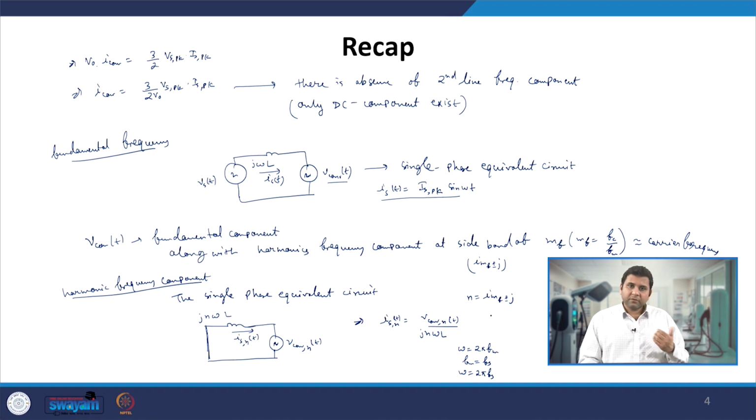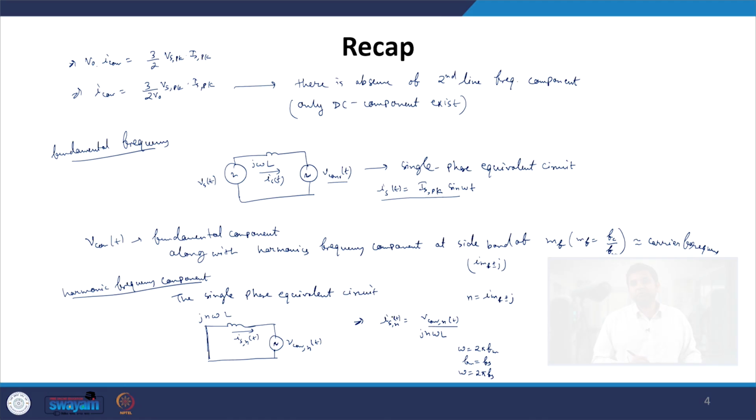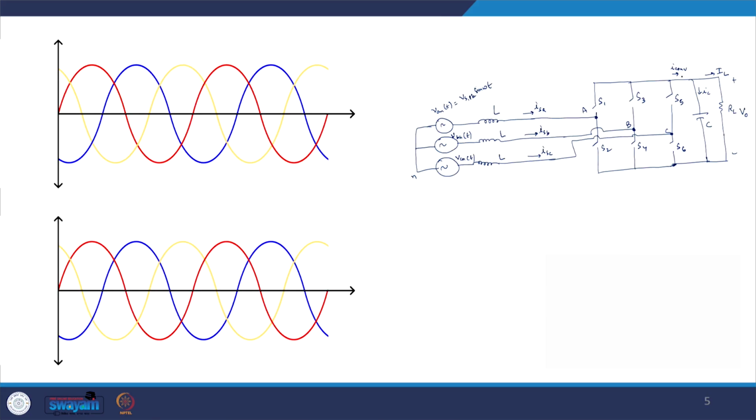However, in most cases for the harmonic component, this n, the harmonic number, is greater than 20 or 25. So that is why automatically these harmonic components of currents are smaller. However, this harmonic component of current is the one which is responsible for the frequency component in this I converter